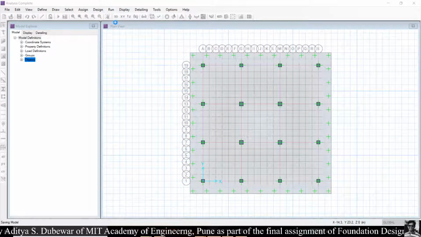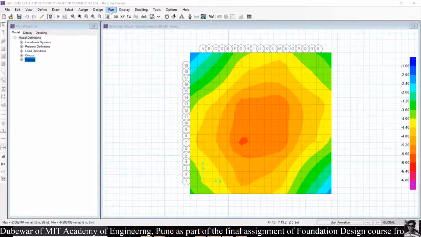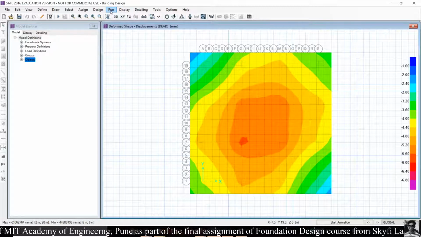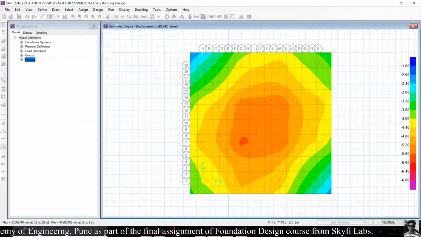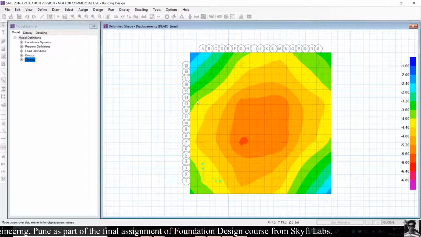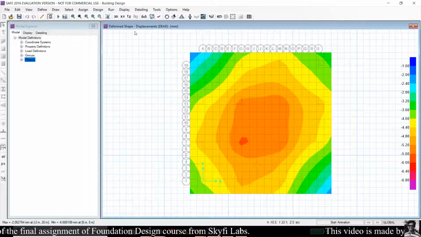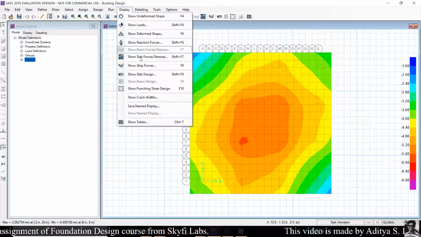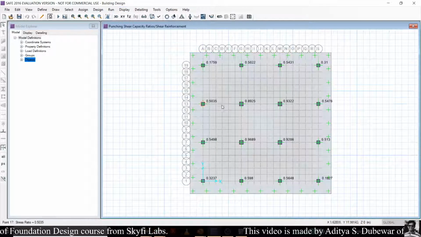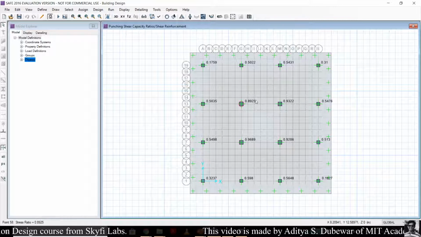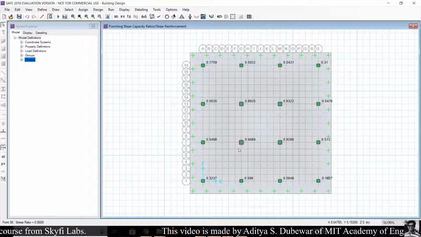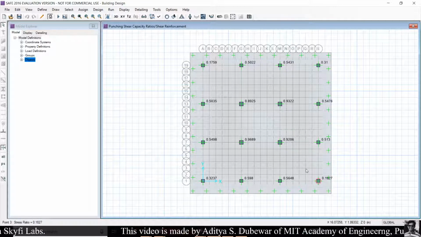And again, after running analysis, run analysis and design again. Okay, then check the punching shear design. Okay, now all values are less than 1. Then the punching shear check is OK,